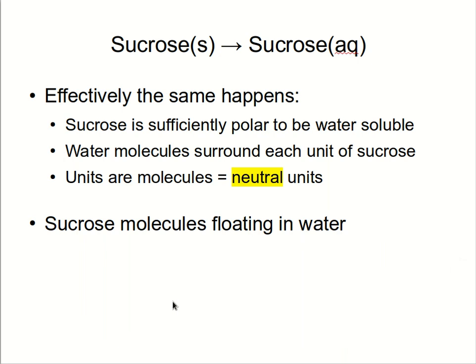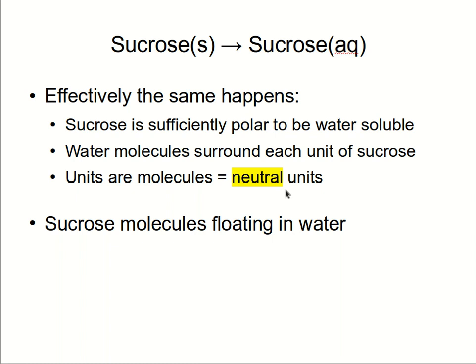What does it mean for a covalent compound? Essentially the same happens. The units of the sucrose crystal go into solution. I take sucrose because that's in your sugar bag. You can put sugar in a glass at home, you can stir the sugar, and the sugar will dissolve. Sugar is one of the water-soluble molecules. It's sufficiently polar because of all its OH groups to be water-soluble, and then the water will surround each sucrose unit